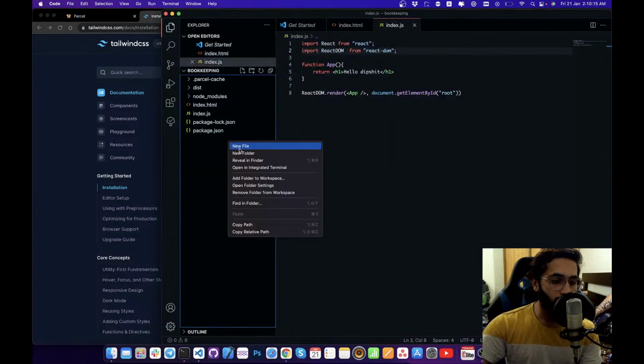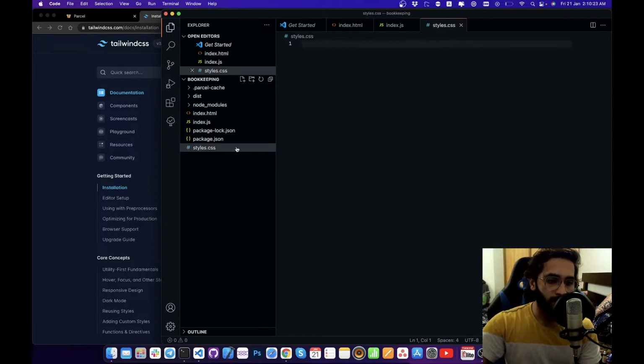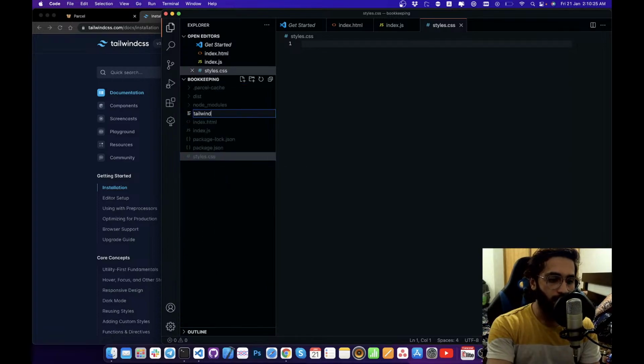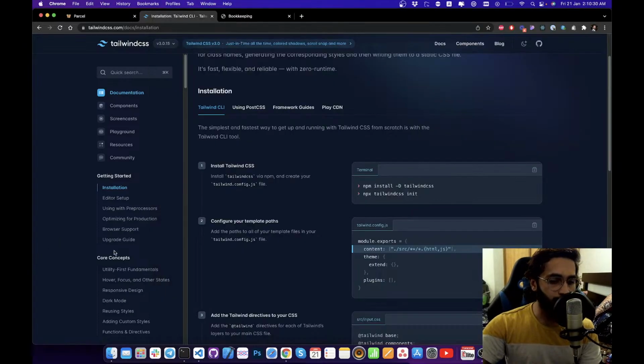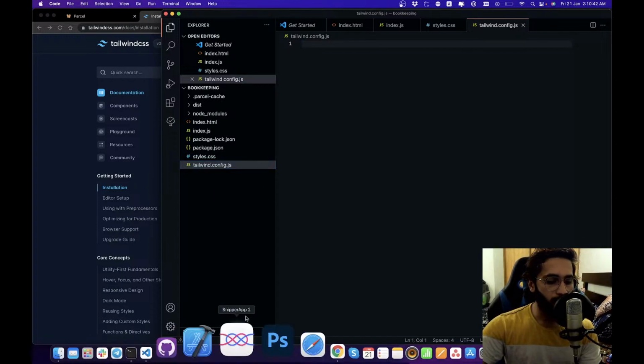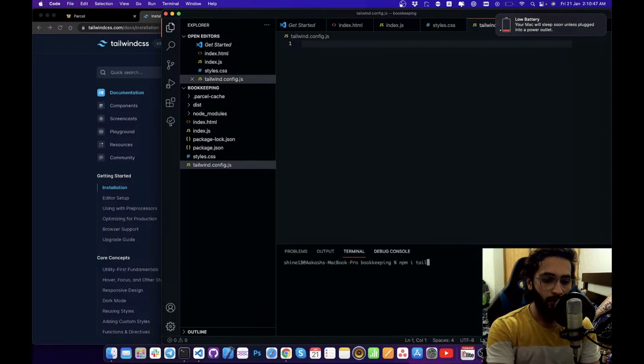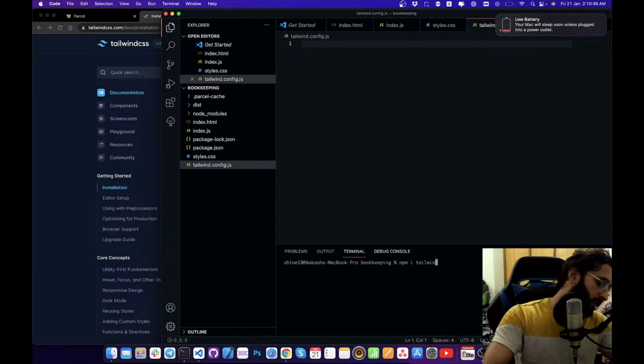Now I'm going to create a new file, styles.css, and I'm going to create another file, tailwind.config. I think it's JSON. No, it's JS, sorry. Oops. Renaming that, and let's install the Tailwind package too. So let's go npm i tailwind